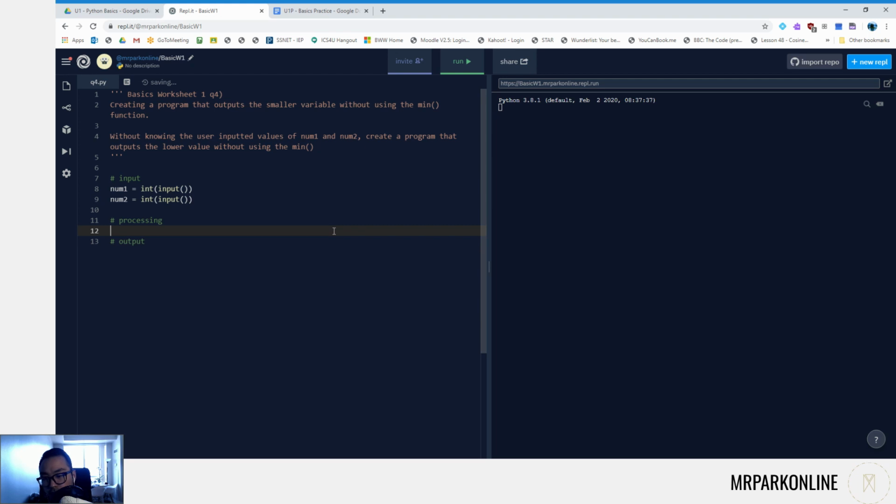Output. So I want to have a variable, let's say it's the smaller value. I'm going to set that to 0 because I haven't done anything with it yet. I'm going to have total sum. I'm going to add up those two values, num1 plus num2. And what I'm going to do is take total sum, subtract that by the maximum between num1 and num2. That way, from total sum, if I take away the biggest value, I'm going to get the smallest value